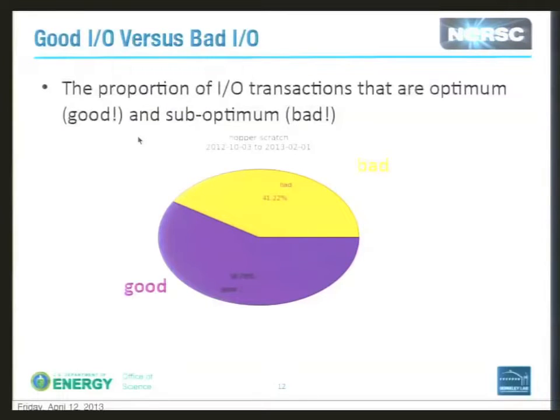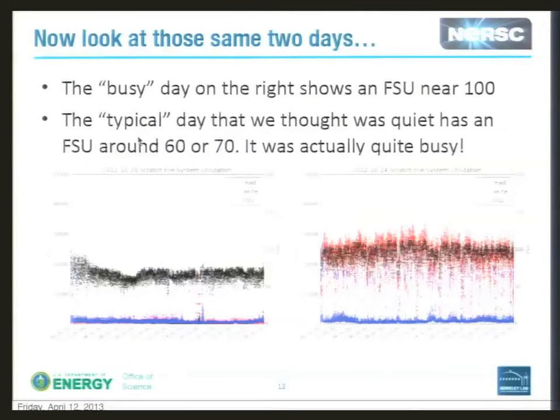So then this is just a pie diagram showing, 60-40, how many of the I/Os were good and how many were bad. If you go back and actually use the disk I/O statistics to calculate what fraction of the data rate you'd expect to be able to get at the best versus what data rate you're actually seeing,